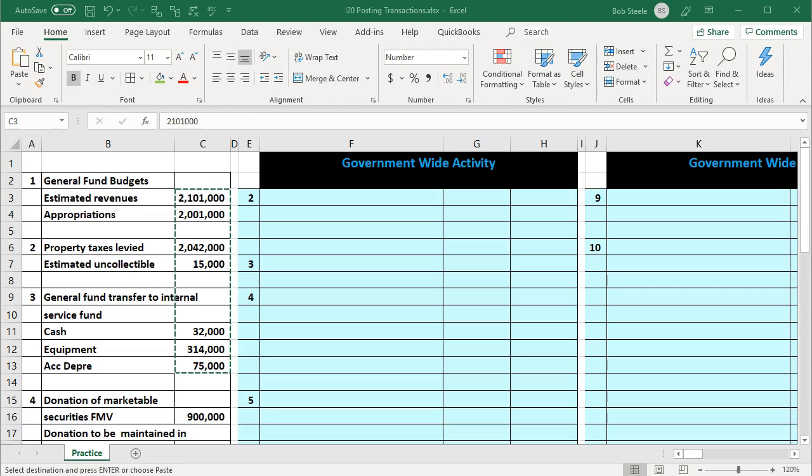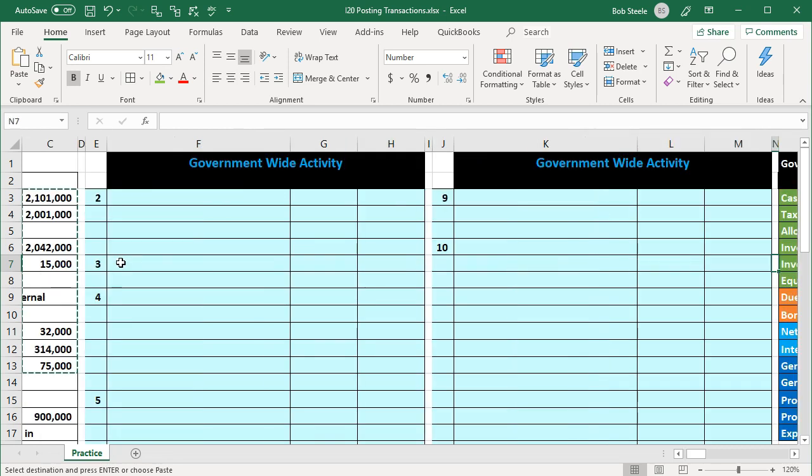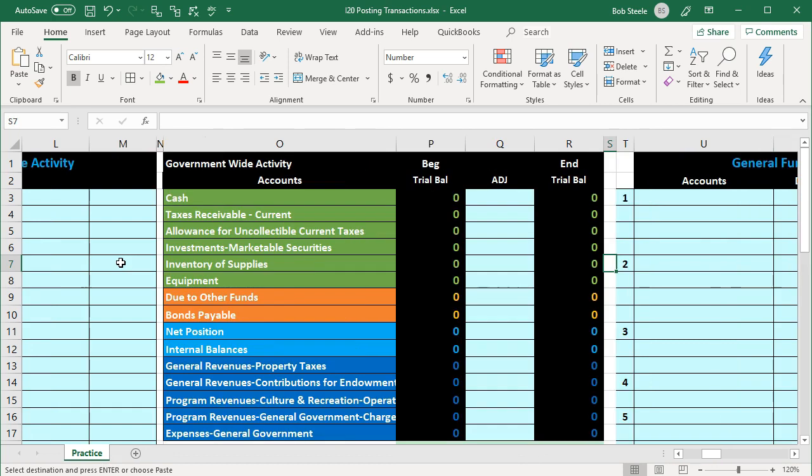In this presentation, we will work a problem recording transactions to government-wide activities as well as multiple different funds. The information is going to be on the left side. We're going to put that information into the blue area on the right side, journalizing the journal entries in the general journal, posting them then to a worksheet, trial balance, which will be in order, assets in green, liabilities in